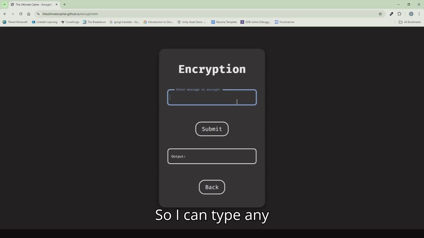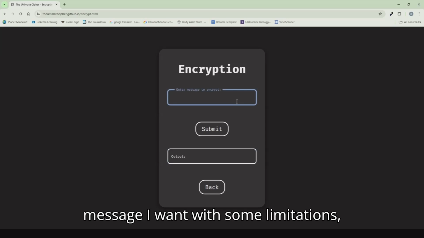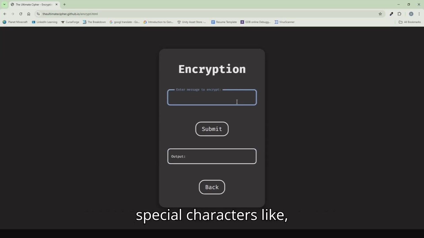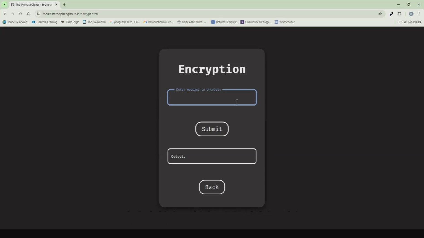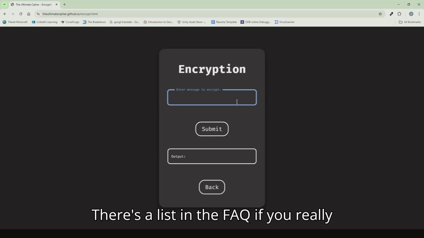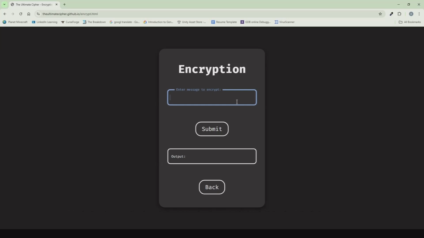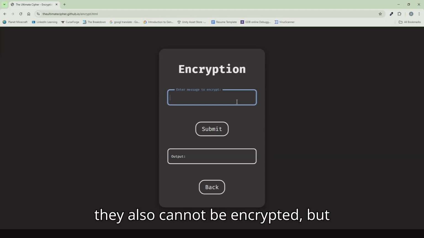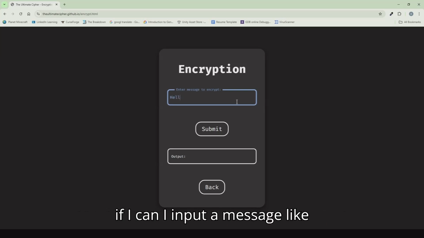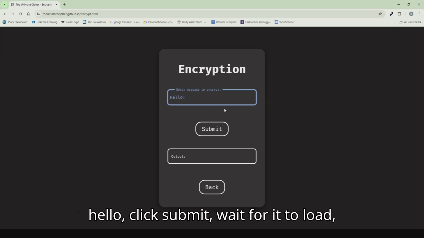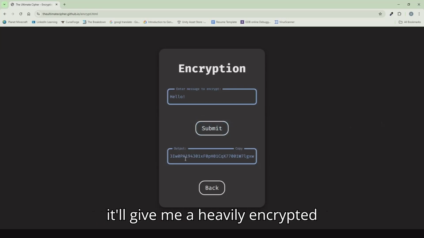So I can type any message I want with some limitations. Special characters like emojis and some not so common characters like this and this aren't really supported. There's a list in the FAQ if you really wanted to check which ones are supported. Also, a side note is that numbers like 1, 2, 3 also cannot be encrypted. But common characters like exclamation marks and question marks will work. So I can input a message like hello, click submit, wait for it to load, and it'll give me a